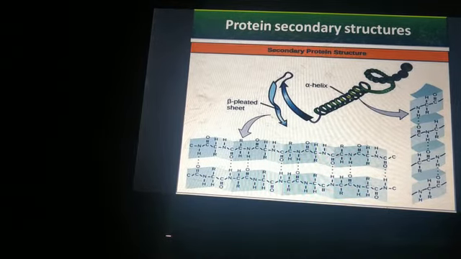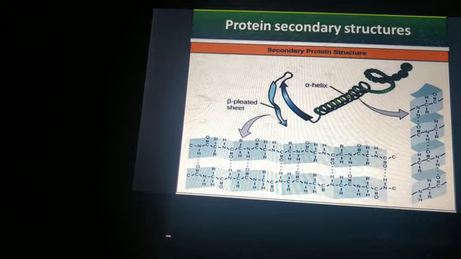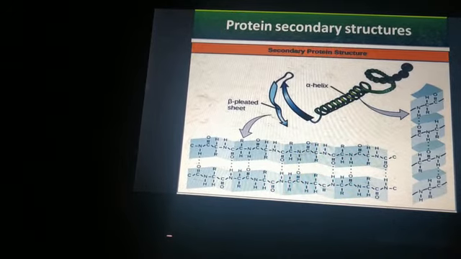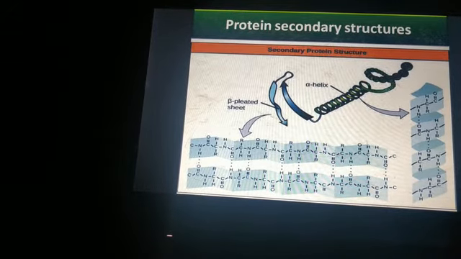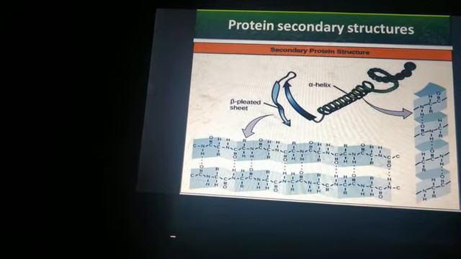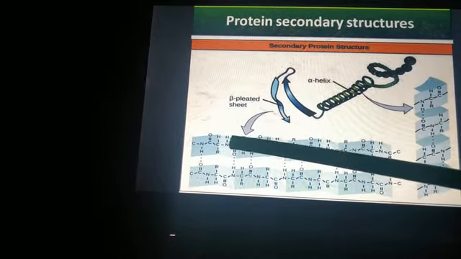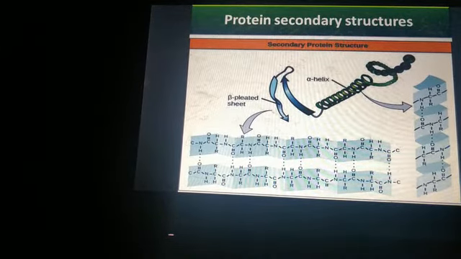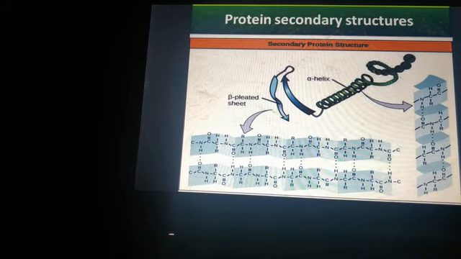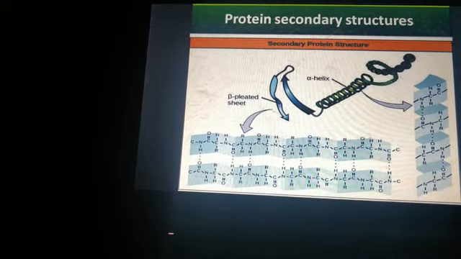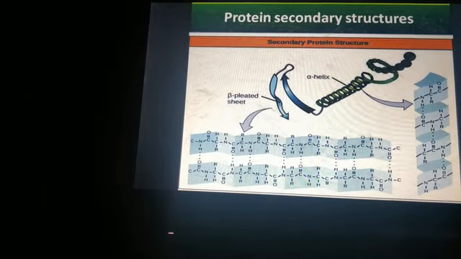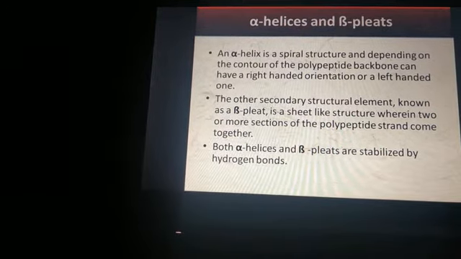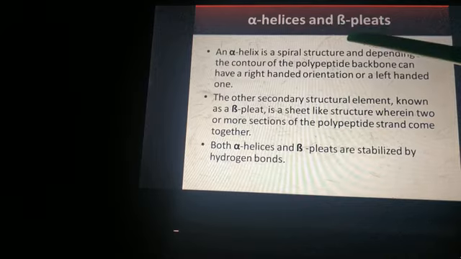And this secondary structure, apart from having the peptide bond, also has hydrogen bonds. Due to the hydrogen bond, see here, the hydrogen bond is present in between, the amino acids come closer to each other and get folded, and as a result, folding occurs, leading to the formation of secondary structure. So in secondary structure, we will discuss alpha helix and beta pleated sheets.